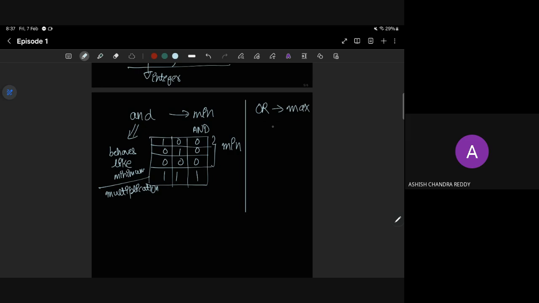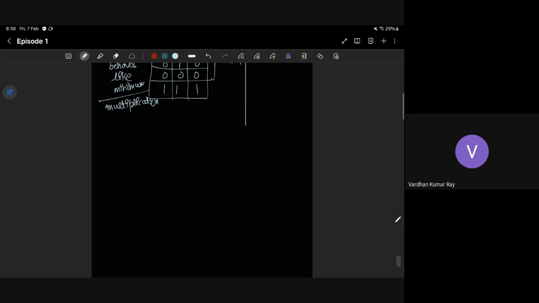Sir, similarly, is there anything for NOT? I'm not sure. Okay, instead of 0 and 1, if I correspond them to minus 1 and 1, then it's just a change of symbol. It's like multiplying by minus 1. I'm not very sure, so I don't want to comment, but if you correspond 0 and 1 to minus 1 and 1, it will just be the negation of the symbol. That's all. Usually, in some problems in coding theory, you convert it into minus 1 and 1, and the problems become simpler.